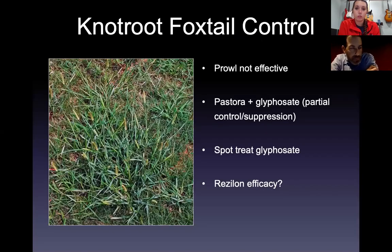One of the questions we have is about knotroot foxtail. This is a very problematic weed that can rapidly infest and take over pastures and hay fields. We know that Prowl is not effective on knotroot foxtail that has overwintered. Knotroot foxtail basically is establishing from below ground rhizomes. It is overwintering, and it will reemerge from dormant vegetative plant material that stays dormant in the soil in the wintertime. Prowl is going to be most effective on plants that establish from seed because it is a true pre-emergent